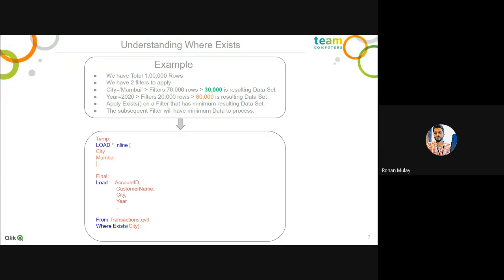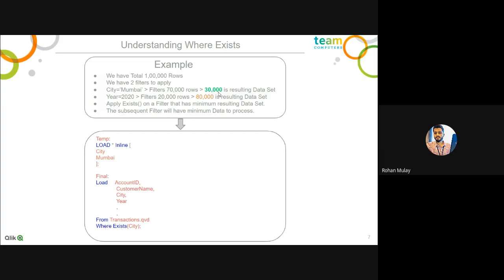But if you have two or more filters, then I will first try to identify which filter is filtering the maximum records. Out of 1 lakh records, when I'm applying city equals Mumbai, it is filtering around 70,000 rows. That is, it is excluding 70,000 rows and taking only 30,000 rows, because 30,000 rows are specific to Mumbai.